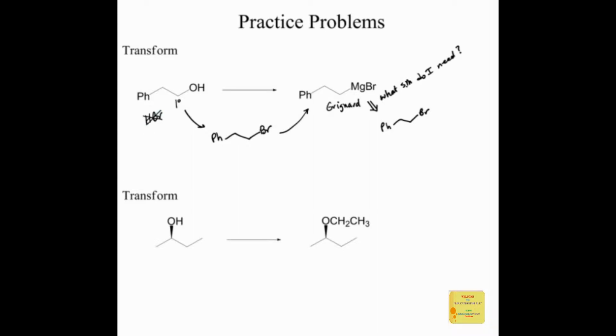And instead, we want a strategy that's not going to have a chance of rearrangement. So maybe a reagent like PBr3 would be better, because that would make the bromide exactly where the OH used to be, and so there's no chance of rearrangement there. Maybe you could also count on an SN2 reaction, and you can do the tosylate. You can use tosyl chloride and pyridine to make the tosylate, making the OH a good leaving group. And then step 2, you can add in sodium bromide to do an SN2 on that good leaving group. That would be another strategy where there's no chance of rearranging and the bromine exactly replaces the OH wherever it